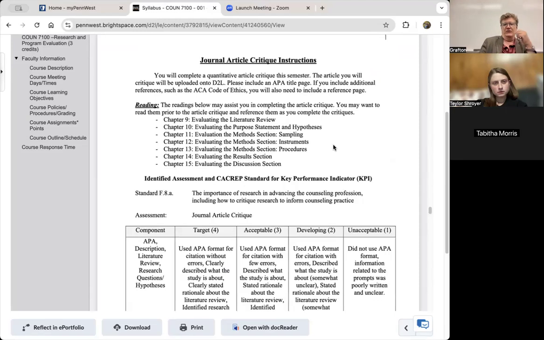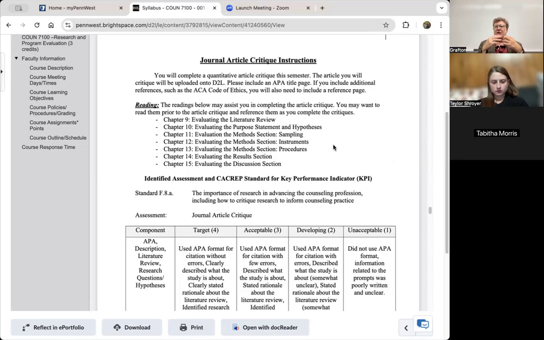These instructions are in your syllabus in case you want to reference them, but journal article critique instructions. You'll complete a quantitative article critique. So we're going to go over, when there's a chapter just on quantitative statistics, there's a chapter just on qualitative, and there's a chapter on mixed in the book. So we're going to go into great detail into those different types of stats. But just so you can pick the right article,